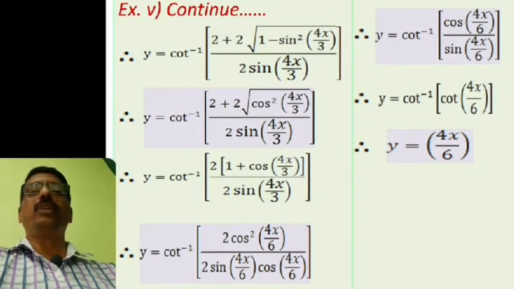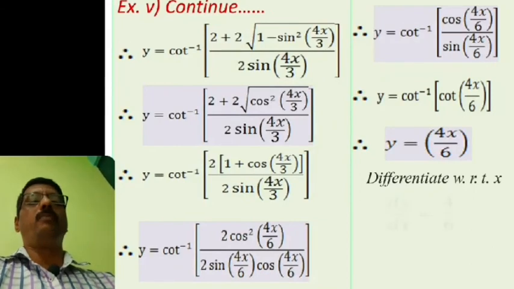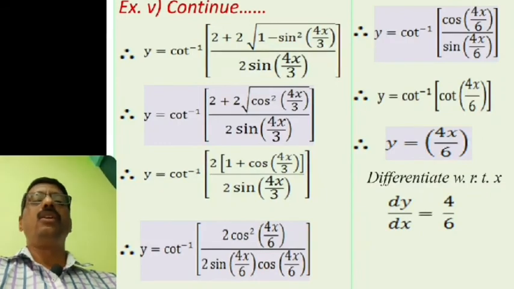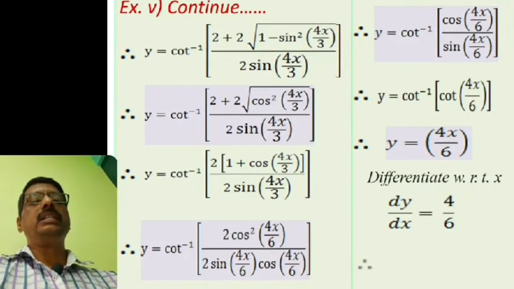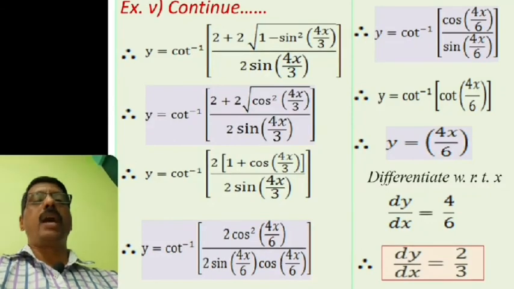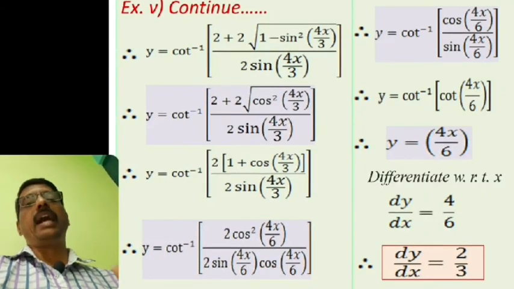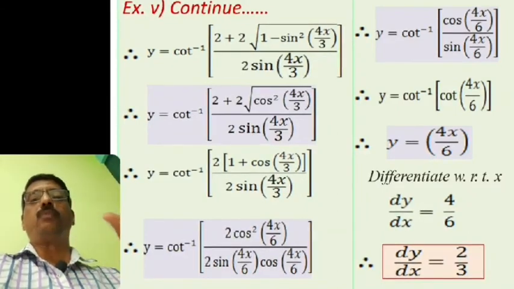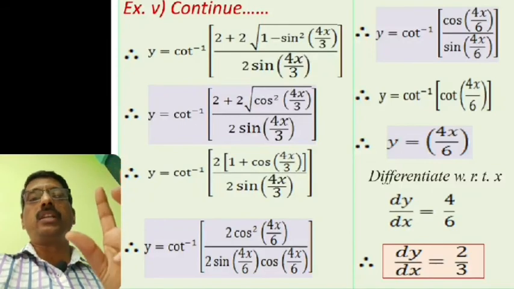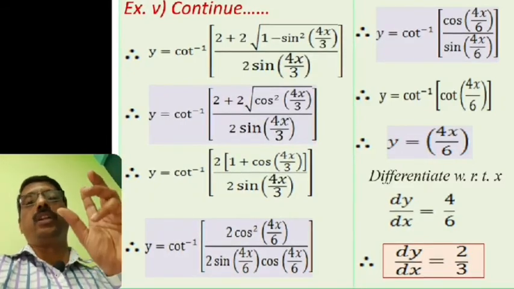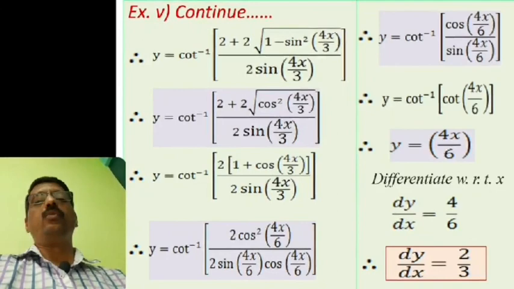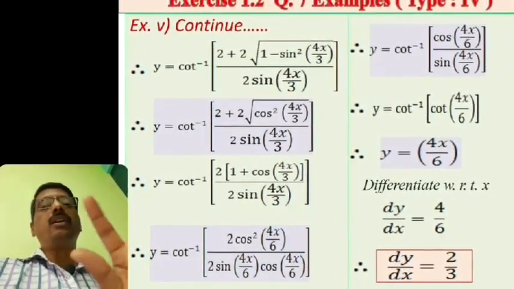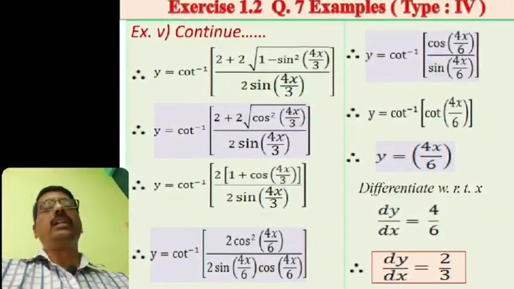And now take the derivative of the given simple form, and that is dy by dx equal to, x having the derivative 1, therefore 4 by 6 into 1, that is 4 by 6, and that can be simplified. Therefore dy by dx equal to 2 upon 3, and that is the derivative of the given function. That means the given function is in a complicated form, but firstly convert the given function into the simplest form with the help of the trigonometric formula, and then we can get the derivative of the given function. Okay, this is the method for solving the type 4.